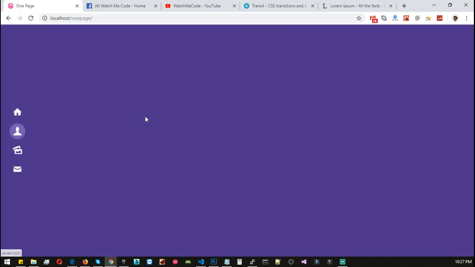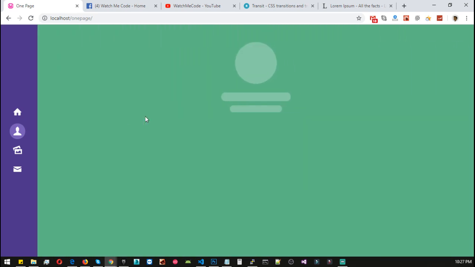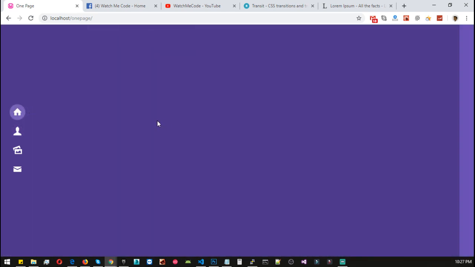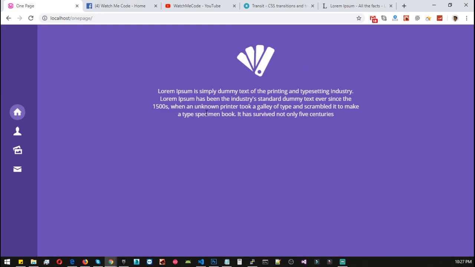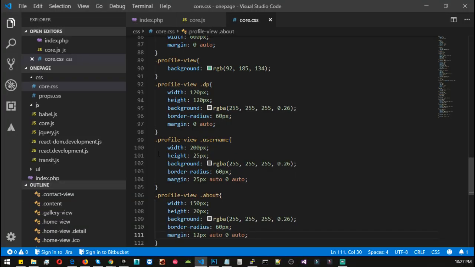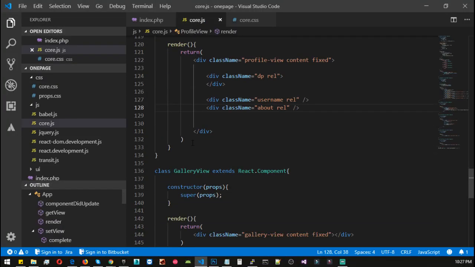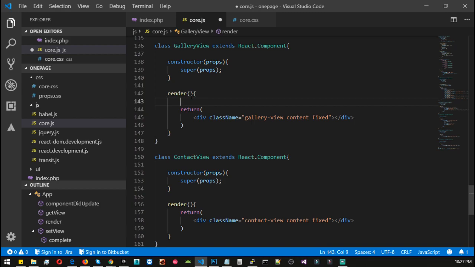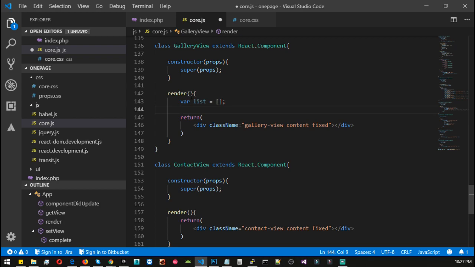Now click on profile and we have nice content placeholder, and click back to home and we have nice placeholder for our home page. Now we need to add the gallery view, and let's create a quick placeholder for our gallery view. Let's create a variable and call it list and give it a type of array. Run a loop for i equals 0, i is less than, let's call 15, i plus plus,